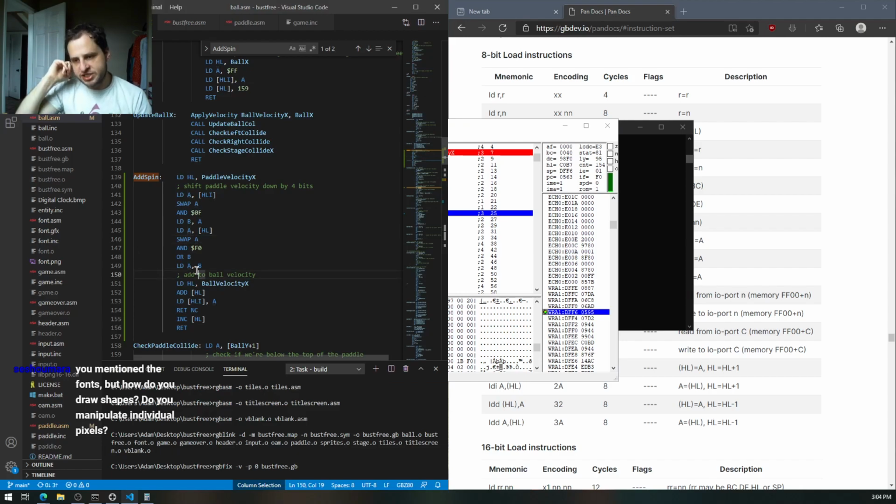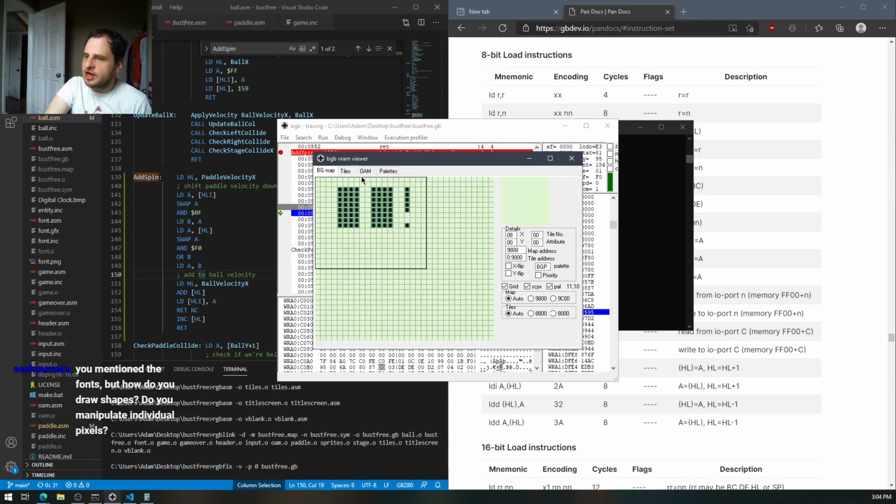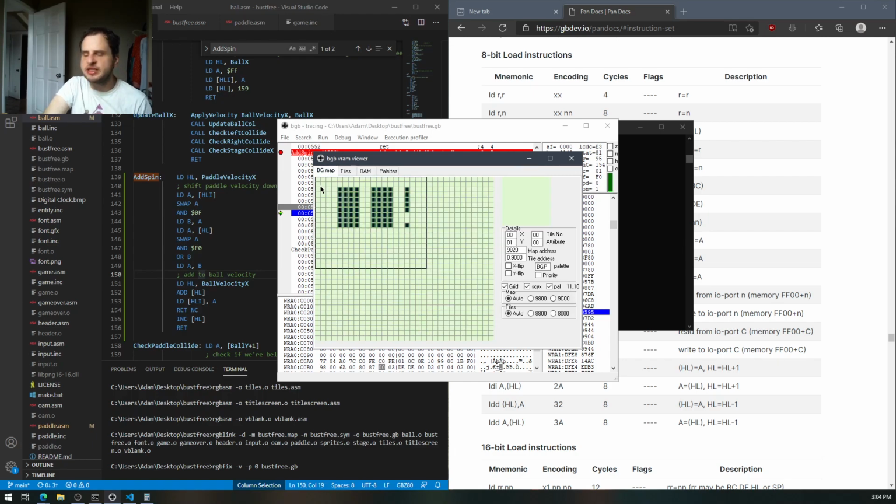But how do you draw shapes? You don't manipulate individual pixels. I mean, not really. The Game Boy's screen is drawn using, at least for backgrounds, effectively two layers. You've got backgrounds, which are done via tiles, and then you have sprites. Starting with the backgrounds, you've got this map, which is an array of bytes in memory,